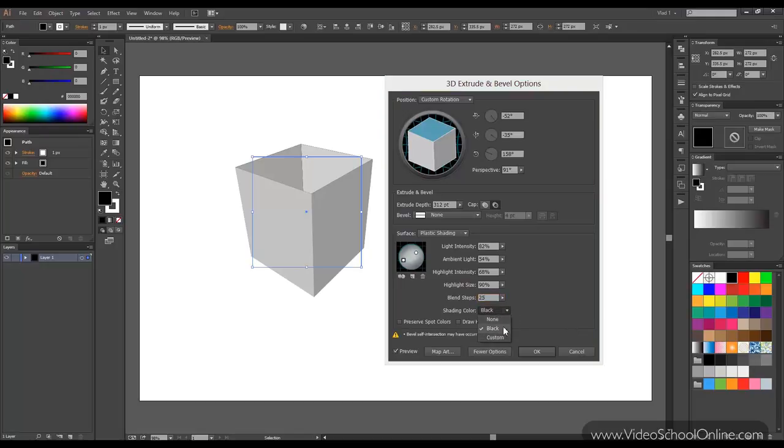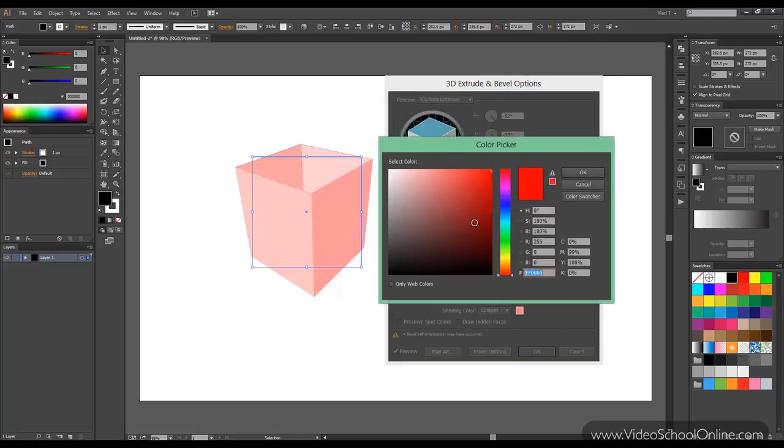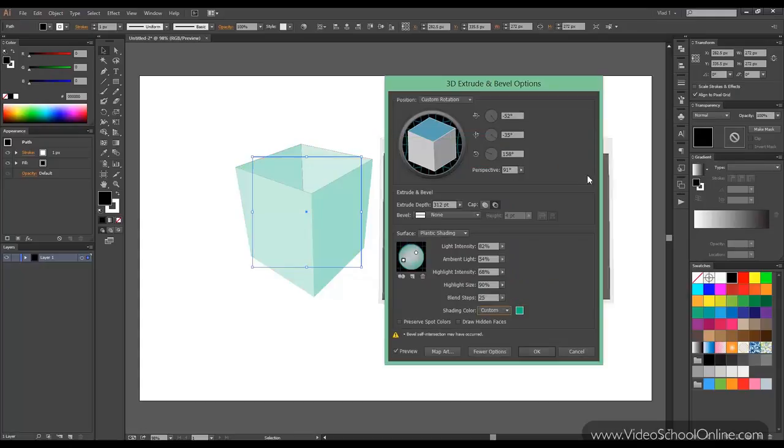You can choose the shading, maybe make it custom or red. You can make it blue or whatever. Let's change it black again. You can choose to preserve both colors if you're preparing for print, or draw hidden faces, which is the one on the bottom, if you don't have the caps enabled. Now, one other thing we need